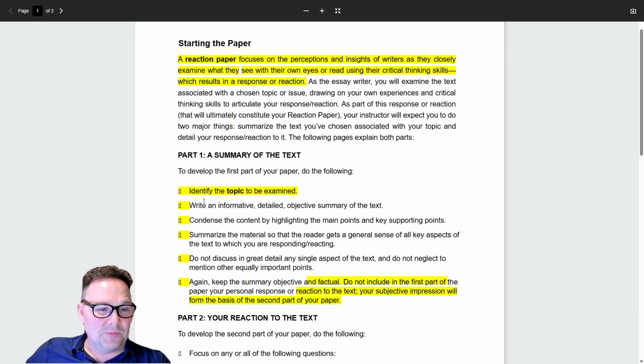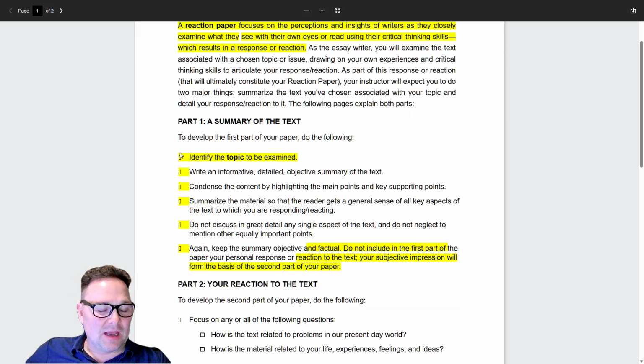Summary. So identify the topic to be examined. I think that's a little bit self-evident. But once you get a text that is associated, representative of your topic, and particularly something that you can respond or react to, you're going to write an informative, detailed, objective summary of the text, condensing the content. But this is standard summary stuff. I don't need to read all of these again to you, but